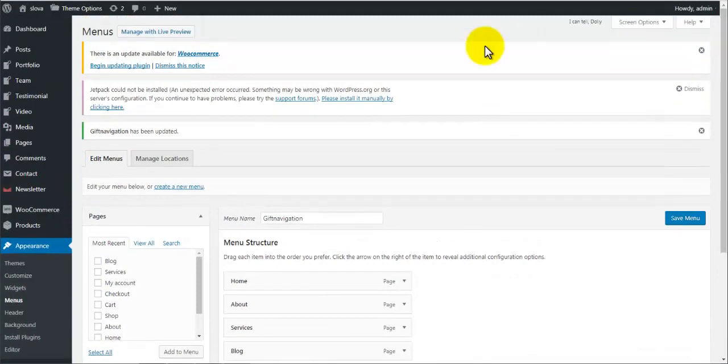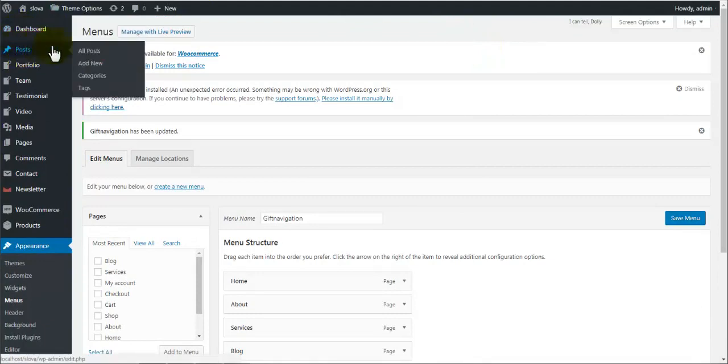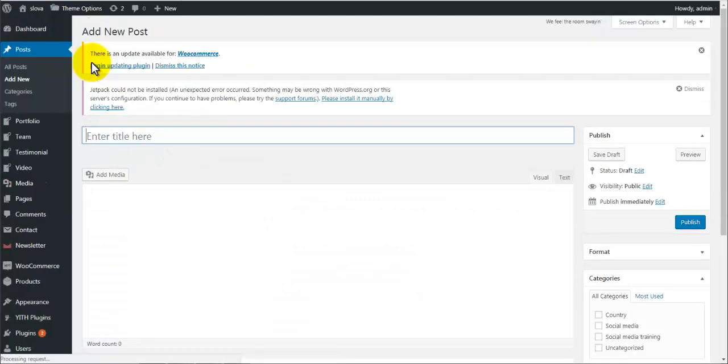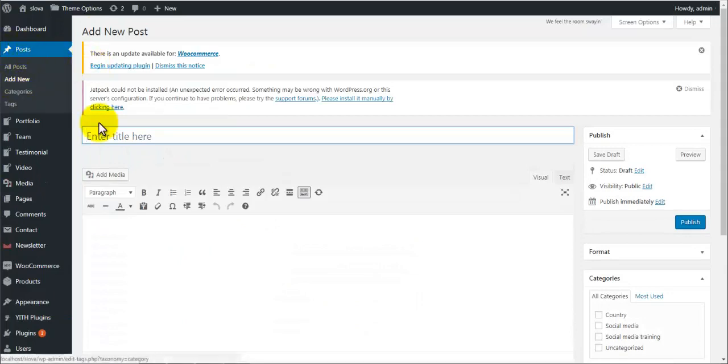To add a post to your blog, come to post. Alright, say add new post. Now you give your post a title. This will be the URL of the post. So let's say it's WordPress